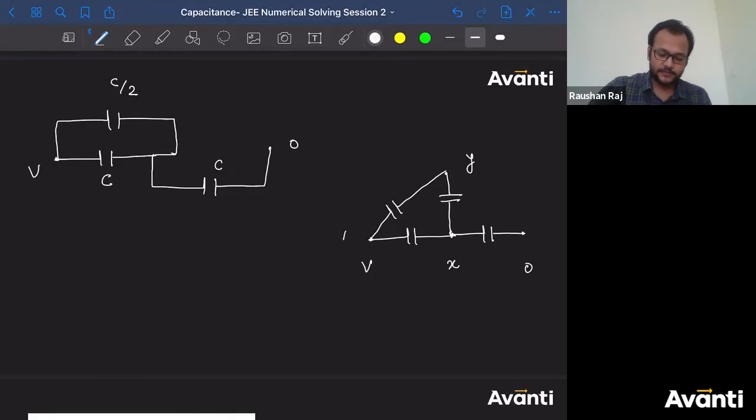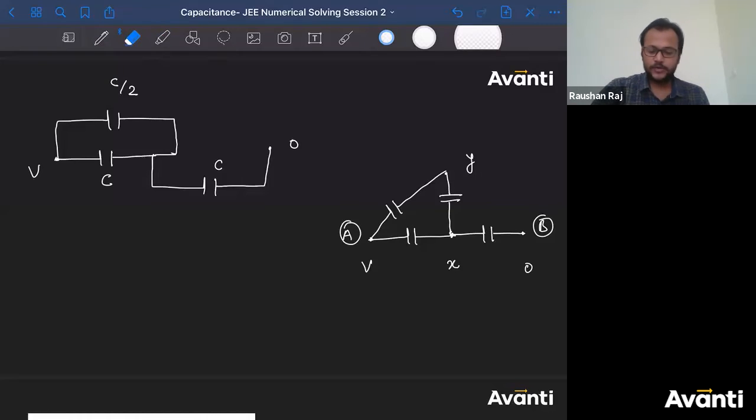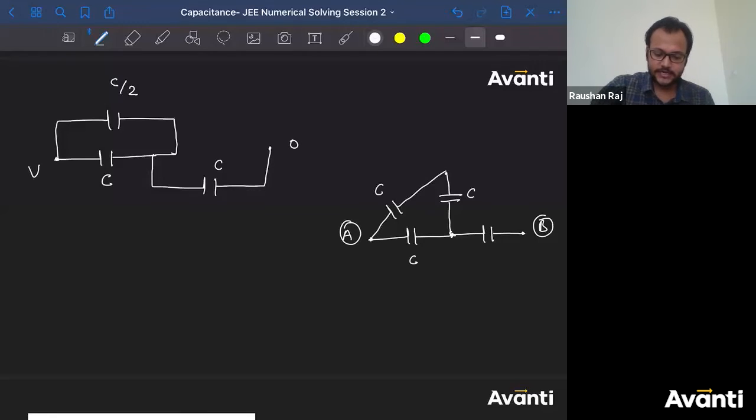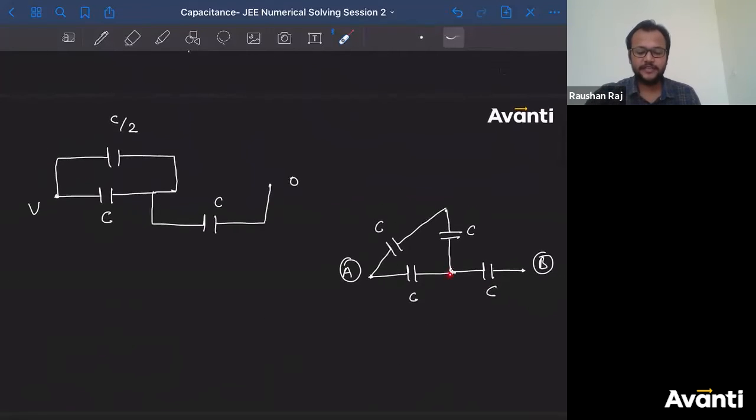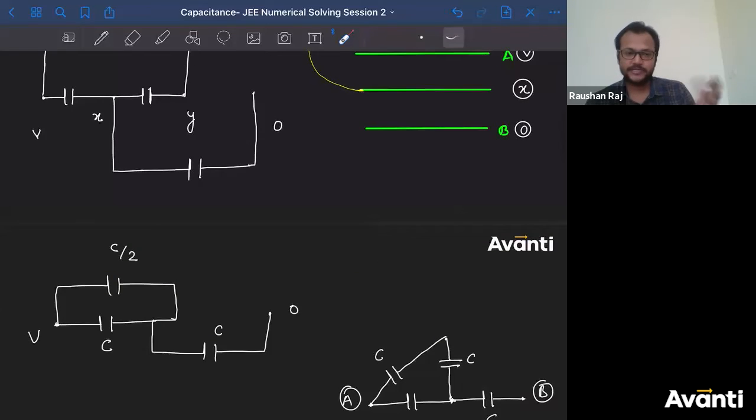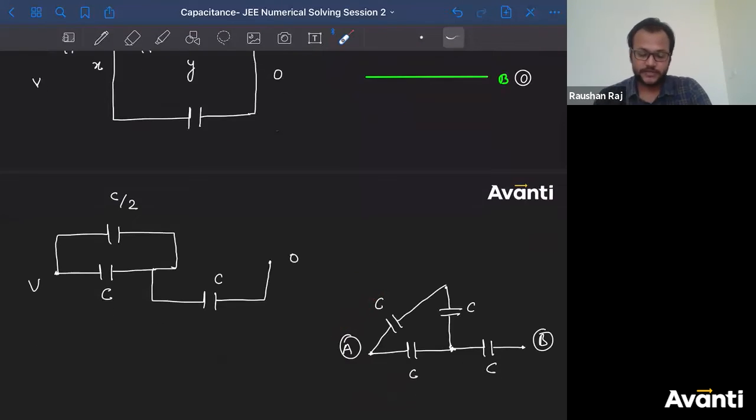Now we have to find, this is what? Point A. This is what? B. You don't need these things. What is the potential? I don't need these things. Here it is, no problem. Denote, allot the capacitance: C, C, and C. Tell me which one is better. This one or this one? We have not done anything. I have just moved Y a little up. That's it. But the capacitance in between, like these two, the potential points are the same. So these are the ways in which you can get the simpler version or simpler circuit.